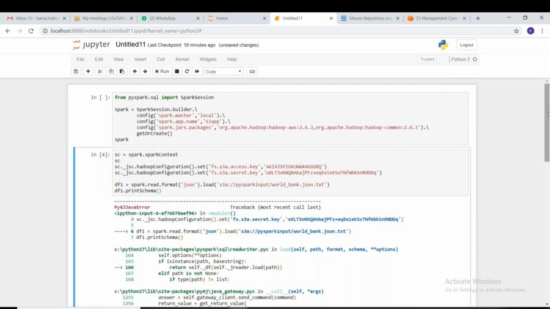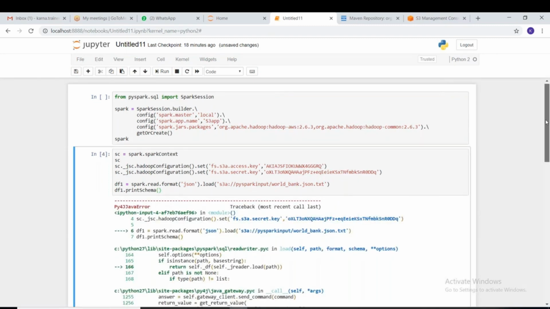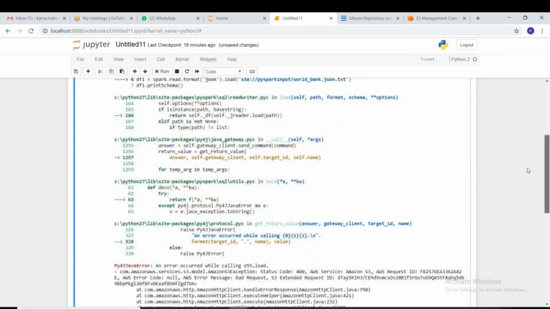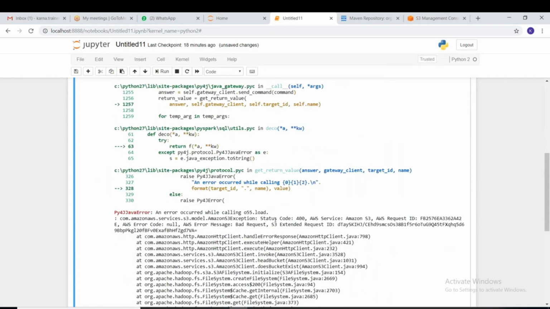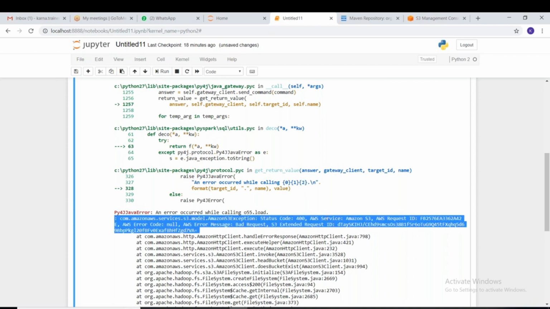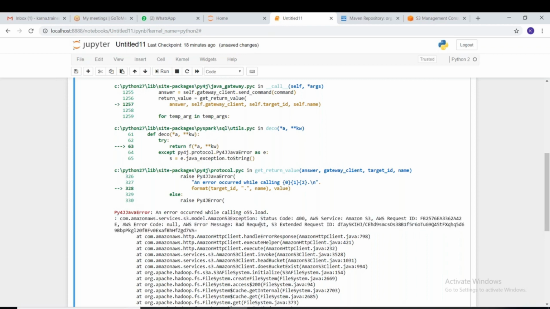It's throwing some error. AWS status code 400, something wrong here.